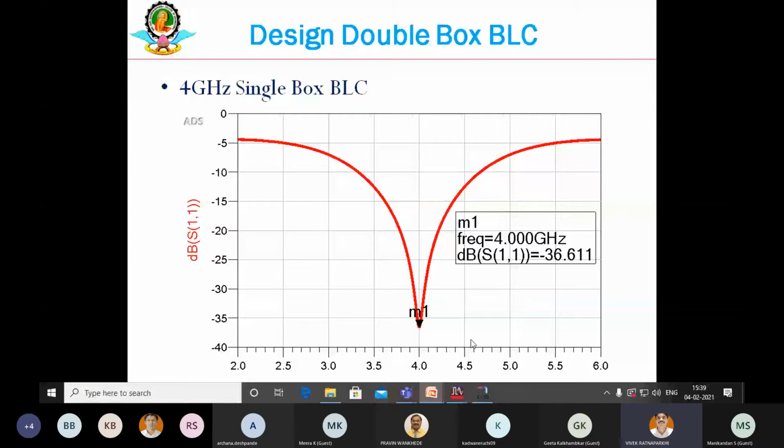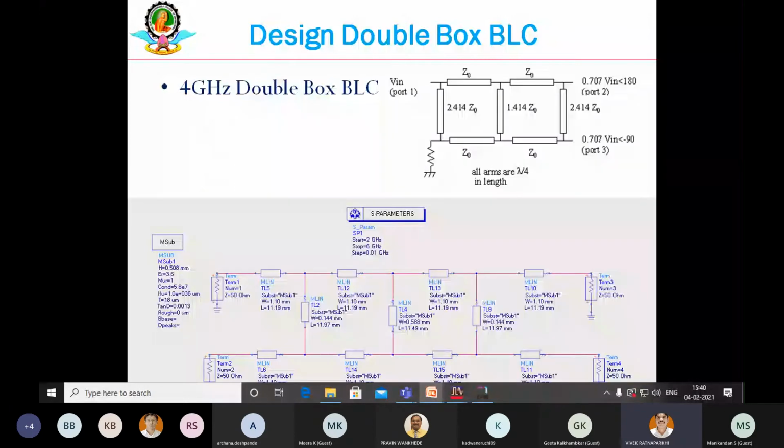So this we have got. Now we'll make a double box. In case of double box, you have to create your branch line coupler with two boxes. Just now we have created a single box.